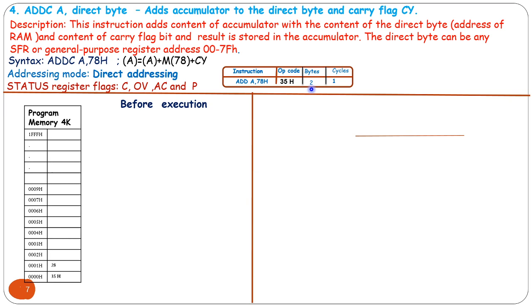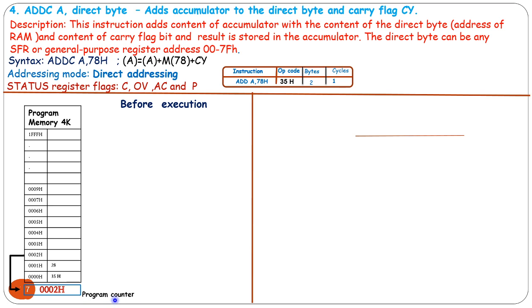Before execution, program memory again has the first operation code, and the second byte address is 78H. So these two memory locations are required for this instruction storage. Now the program counter register has the content 0002H.